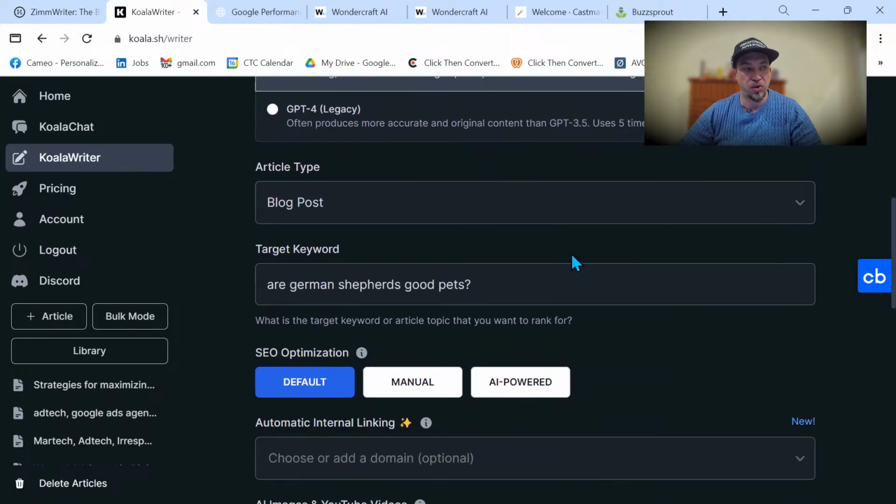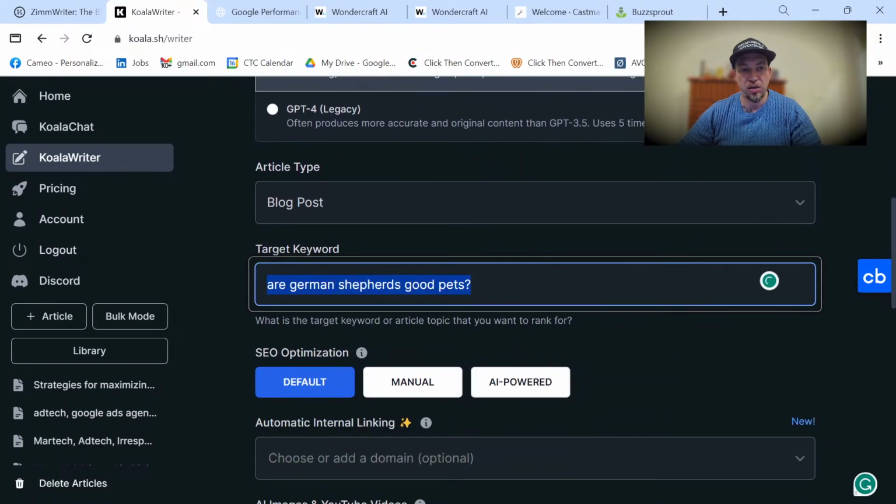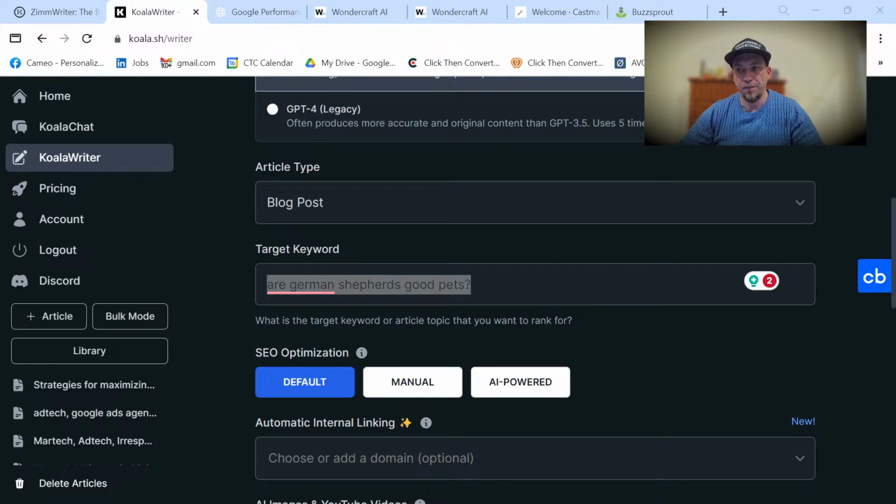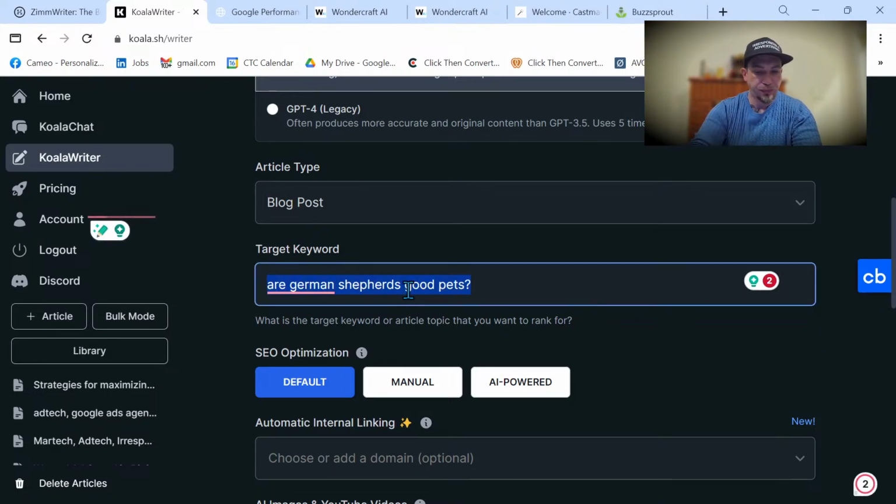We're going to create a blog post, and our target keyword, if I go back and grab my title from ChatGPT, we'll just put, so I'm going to put in here, it was maximizing ROAS, but I'm going to go with something a little more specific.